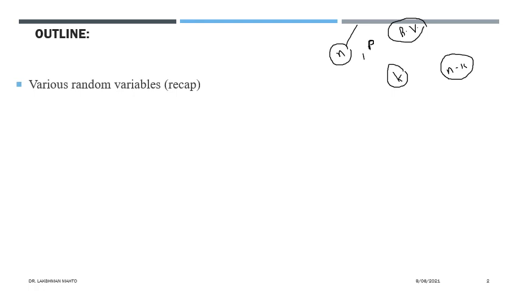Suppose n is very large, and we are assuming that p is very small. In that case, if you try to calculate through the binomial probability distribution, you will face a computational issue.